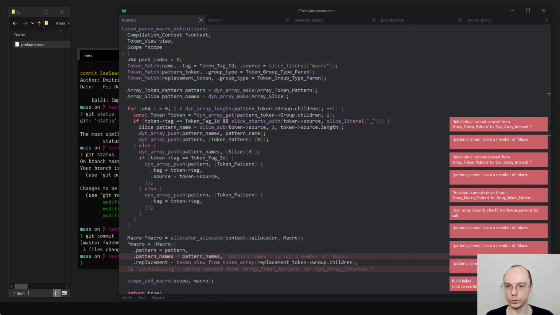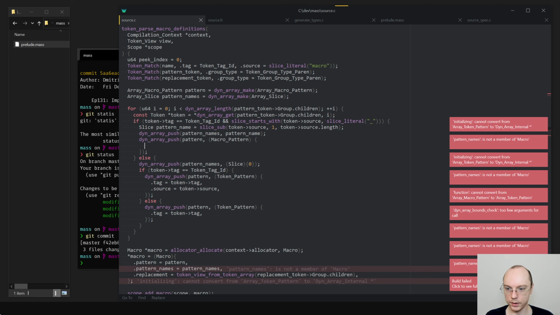And we can do things. So array macro pattern, that's fine. The only thing is we now change this. We say macro pattern. Tag is macro pattern tag single token.